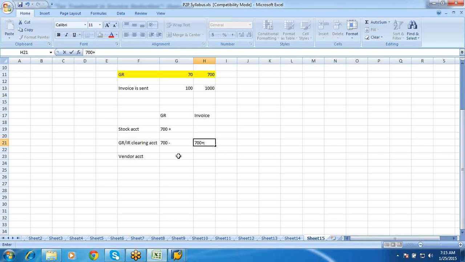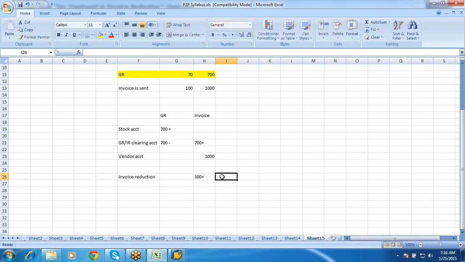In your vendor account it would be 1000, that is, the invoice should be posted for 1000. When you do a reduction for your invoice reduction, it will be 300 plus.